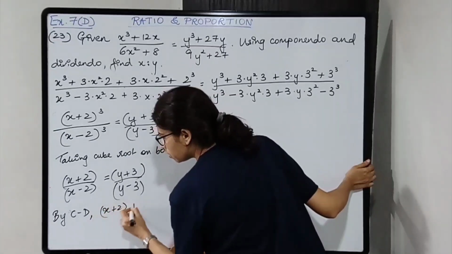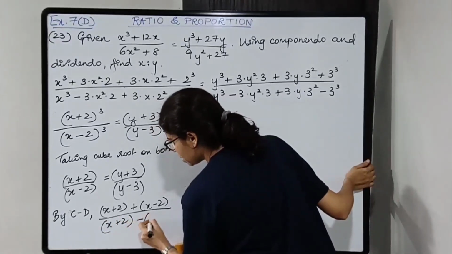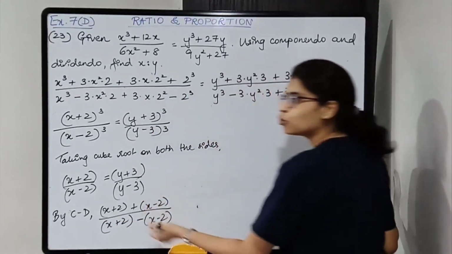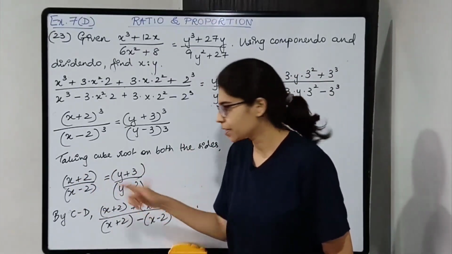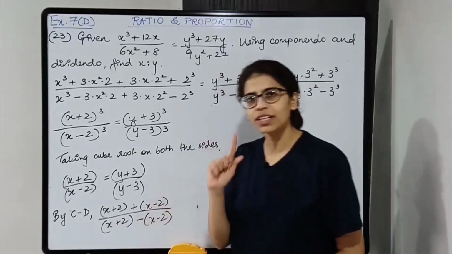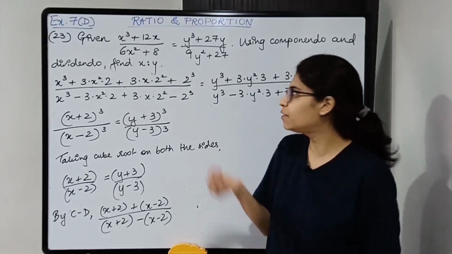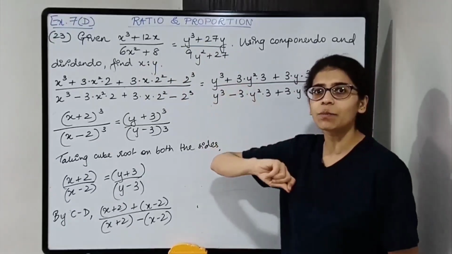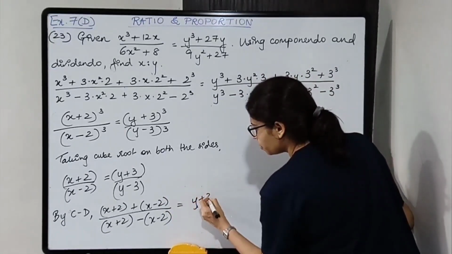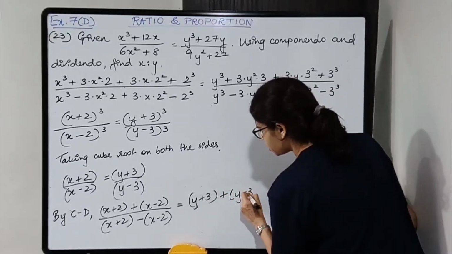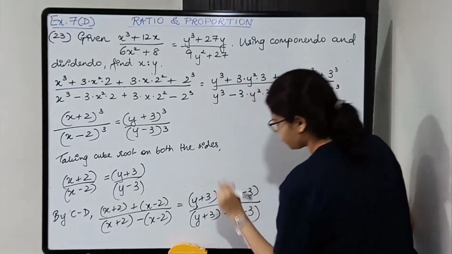So numerator plus denominator upon numerator minus denominator. How will you come to know whether to apply componendo dividendo? Check the terms: same, signs opposite, so both the conditions are satisfied. Same thing over here, so apply componendo dividendo. It is still not simplified, we need to find x is to y, that is x upon y. So on the RHS also, numerator plus denominator upon numerator minus denominator.